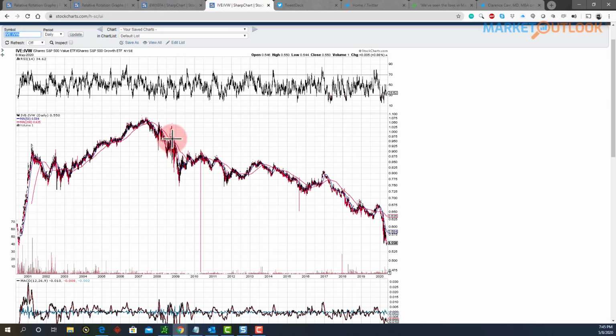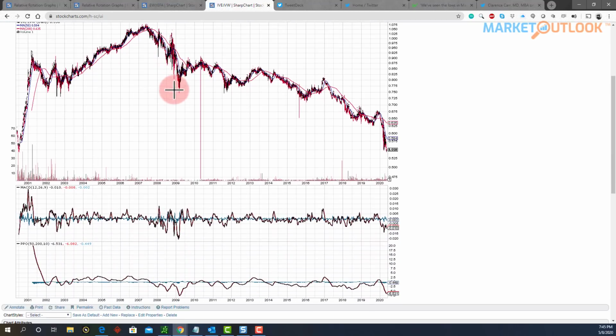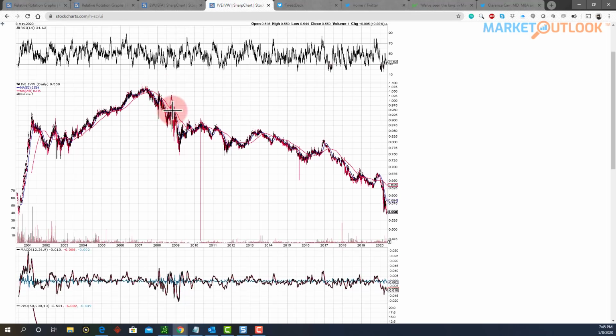But as you can see in the middle of the year, you can also get value to lift itself off in a downward trend, like during some periods of weakness where they both come down, the growth stocks come down more. So that's the issue, and that's the concern: are we in this environment where value is going to lead growth on the way down, like hold up better on the way down, or are we in this scenario where value is going to lead growth off of a